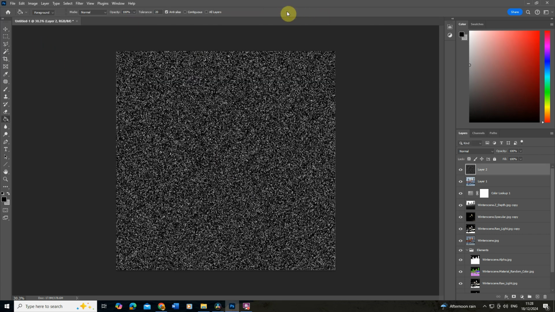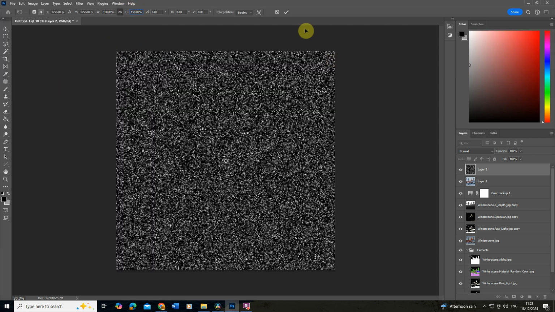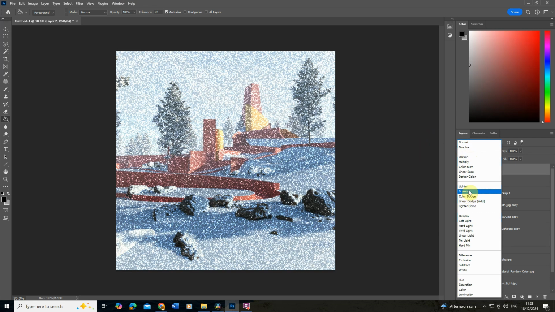Might need to be a bit more than that depending on the scale of your image, but that should probably work for this. In fact, maybe I'll do it a little bit more. Let's just do it another 50 like so, because this is essentially going to determine the scale of your kind of snow. Once you've got that, we're going to change it from a normal to a screen blending mode, as you can see here,